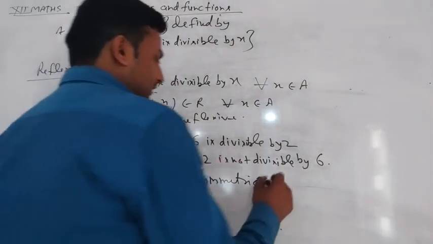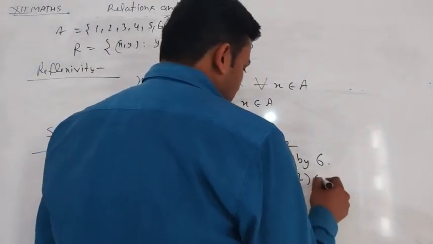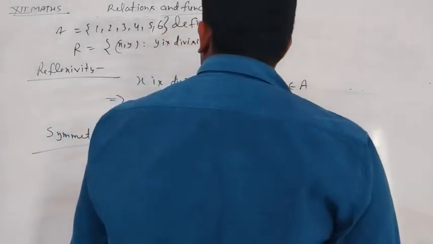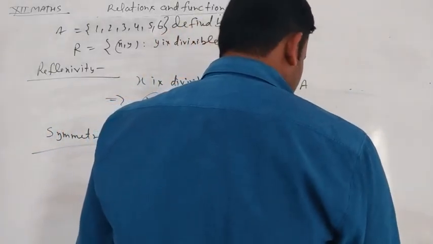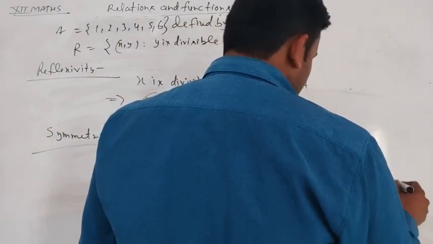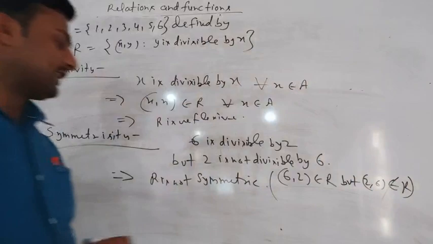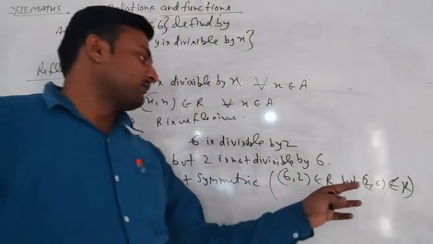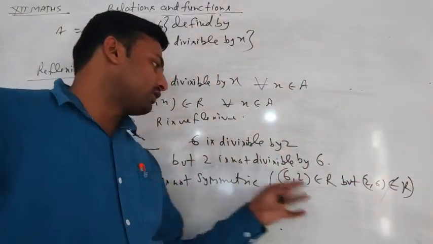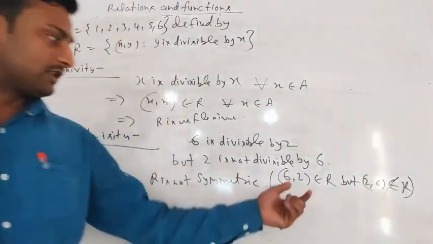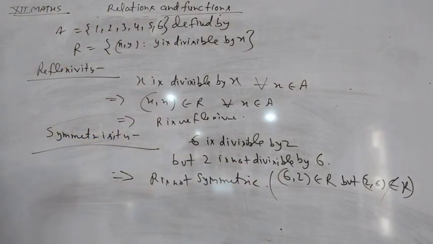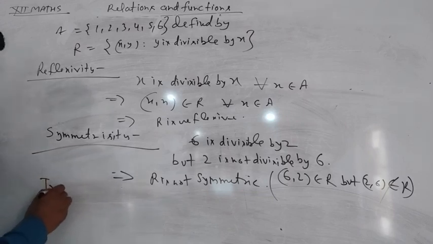we can write that (6, 2) belongs to R, but (2, 6) does not belong to R. Okay, 6 is divisible by 2, but 2 is not divisible by 6. So (6, 2) belongs to R, but (2, 6) does not belong to R. Okay, students, so R is not symmetric. Now for transitivity, students,